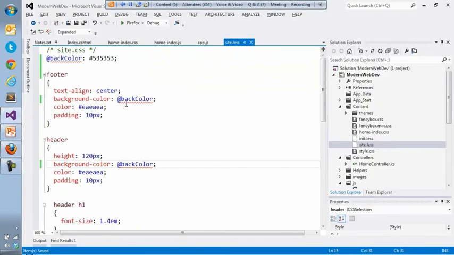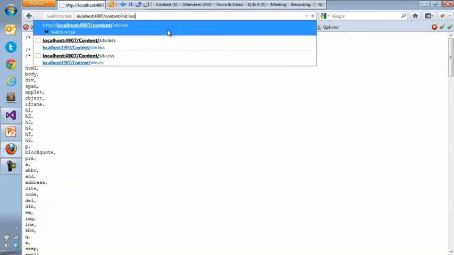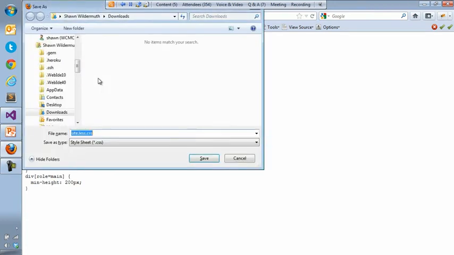Now we're getting a little squigglies here because I don't have a LESS editor installed. There is one out there, I can't remember the name of it, that has a free-to-try version that will integrate it here. But I'm used to not using the editor as anything more than a text editor anyway, so I've kind of relegated myself to that. So if I come to site.less, we can see we're getting the values. Well, maybe you think this is stuck from the old CSS file. So let's prove it